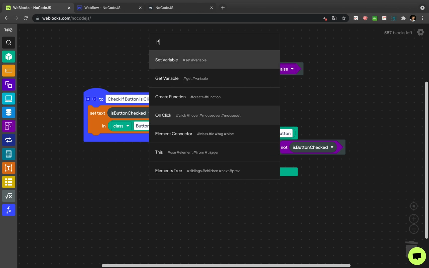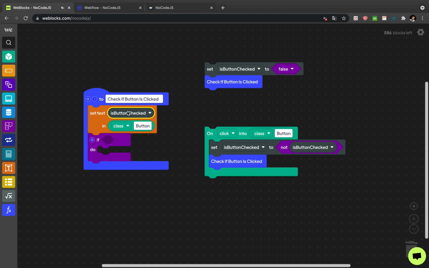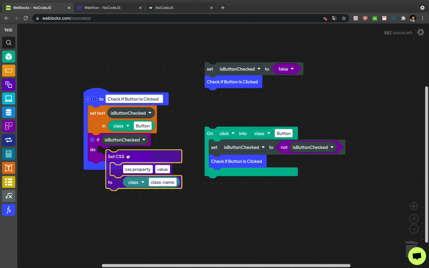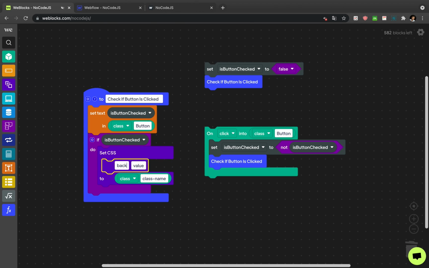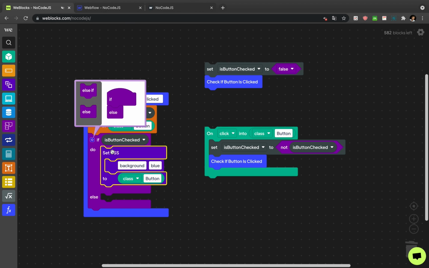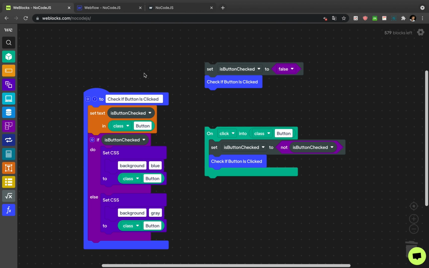I could create just one if statement, which is checking if the button is clicked, and if it is, I want to set the CSS property of the button to green or blue if the button is checked, and if the button is not checked, I would like to make it gray. Okay, and right now